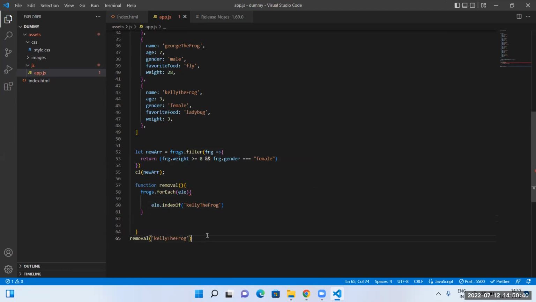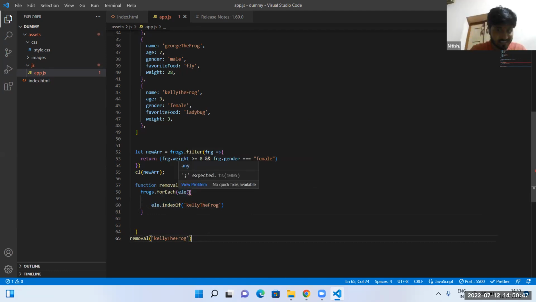Like this way we'll write the forEach. Sorry, sir, I'm confused. Where is the arrow function? Okay, fine.